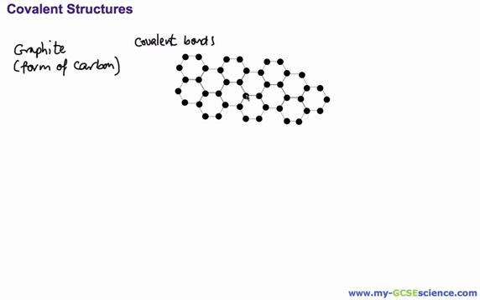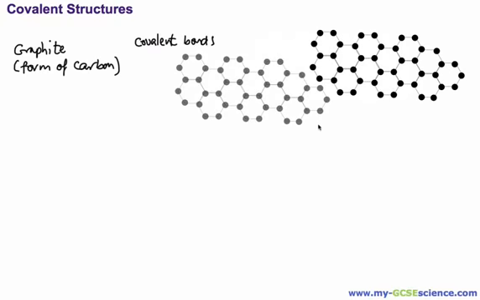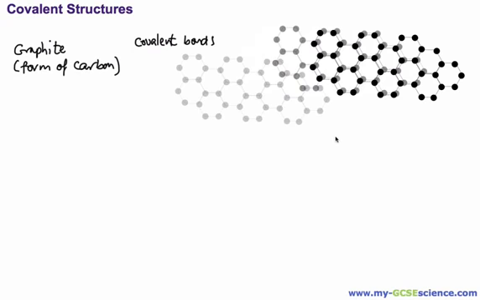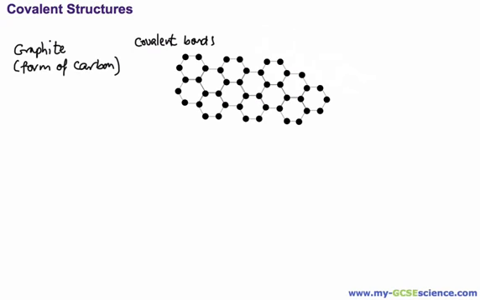So if I was to pull off this top layer, you would see a layer below in a very similar form, and again a layer below that as well. And these layers are not linked to each other very strongly at all. These layers can slide over each other very easily,